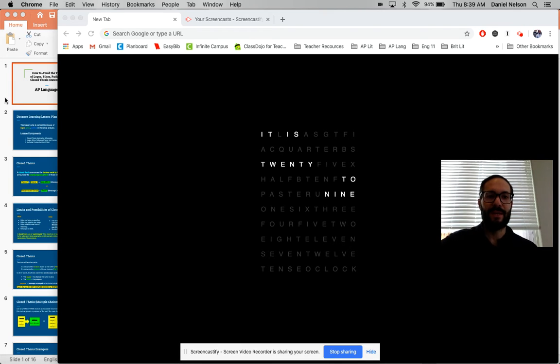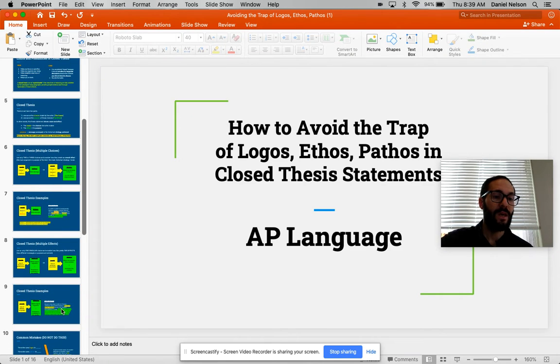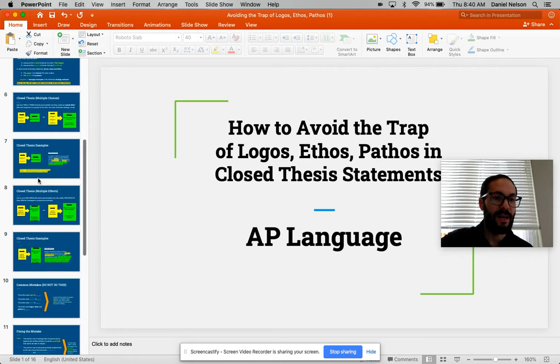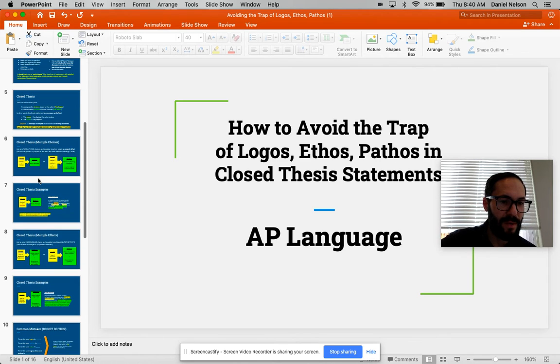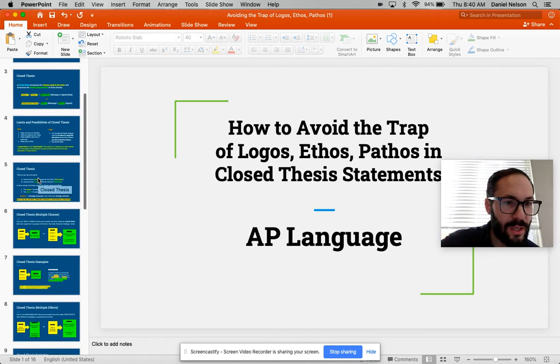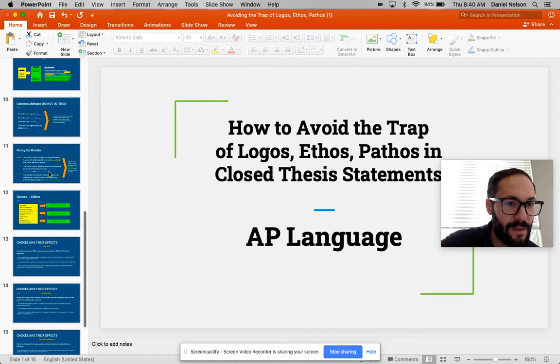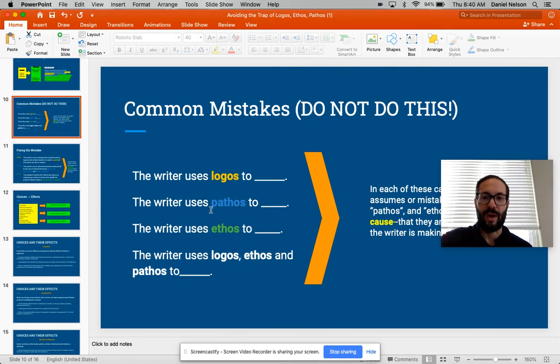There are a couple things I'm going to show you guys. I'm going to look at half of a PowerPoint on using ethos, pathos, and logos. I'm going to give you some sentence stems. We're going to look at the speech again to try and craft some of those sentences together. The reason we're only looking at half of this is because we're going to talk about thesis statements in a little bit, but I want us to look at some other things first. I can find it. Okay, here it is.